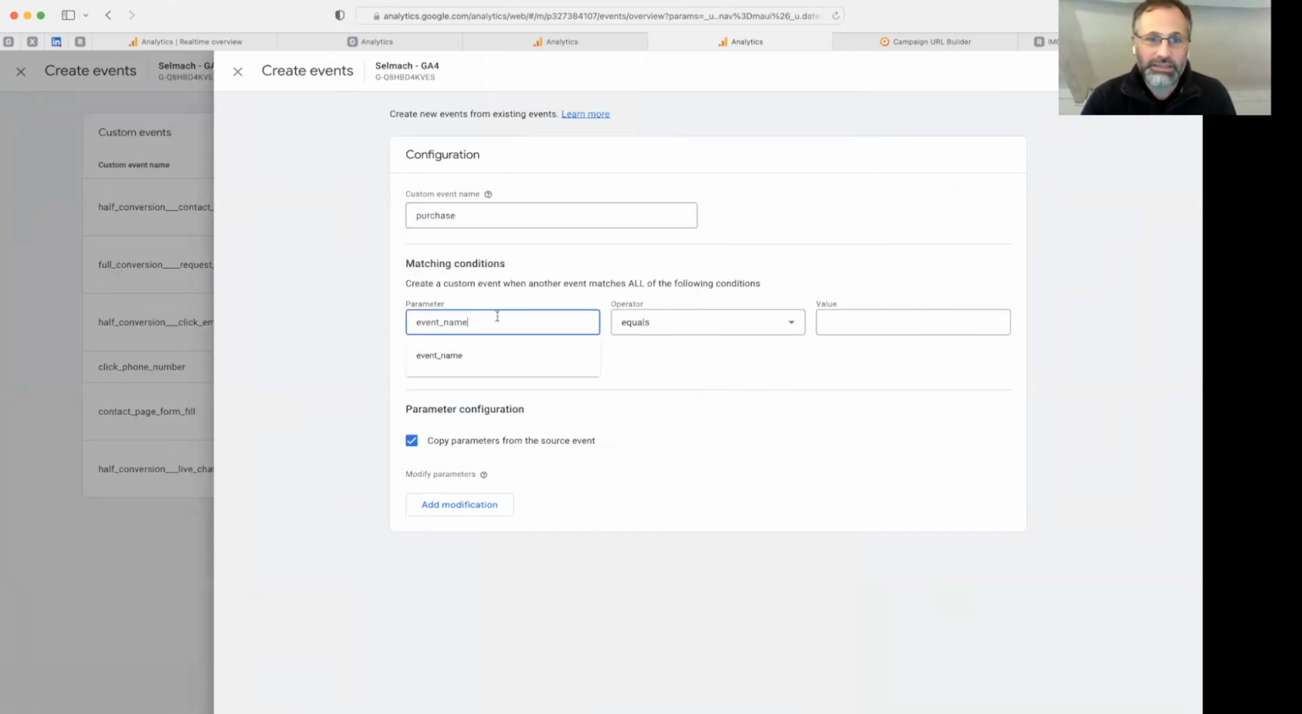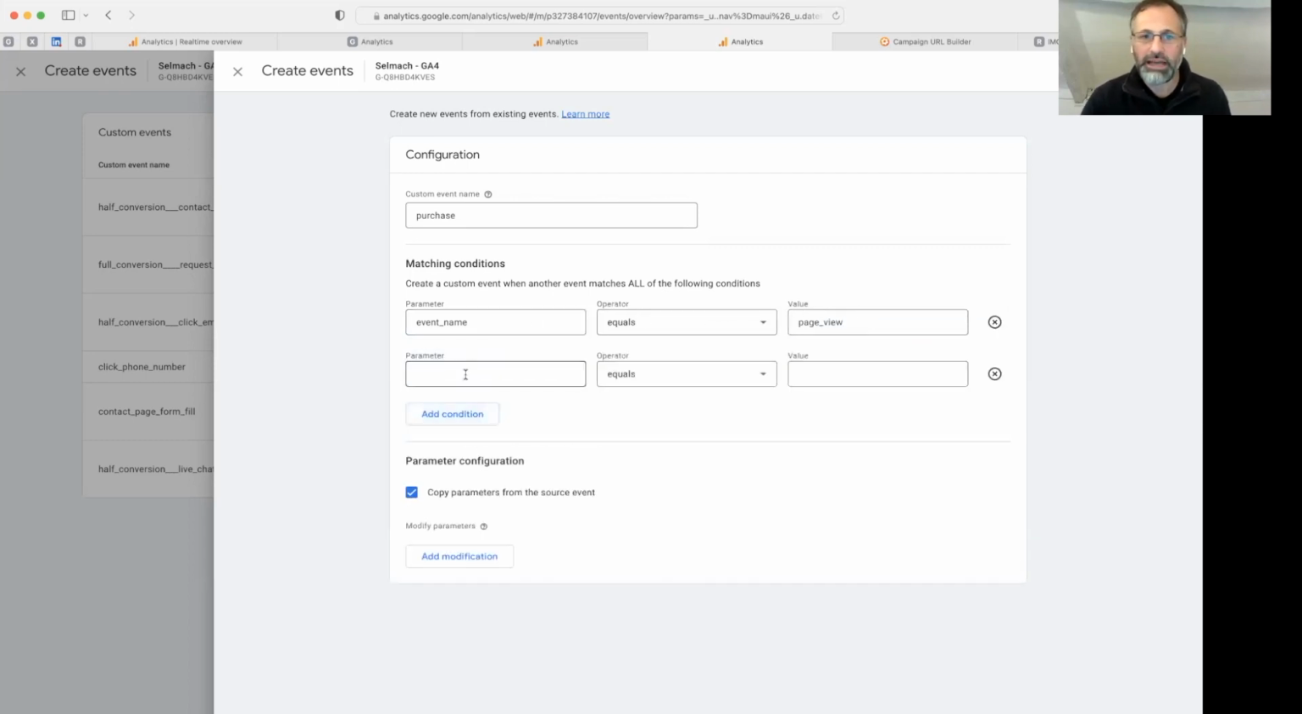Now, the first thing we need to do is track the event name that equals, I think it's page view. Just check, yeah, it's page view. So first of all, we want to make sure the condition is only when it's a page view. So we're looking for the event name page view. And we want to add another condition, and that is where page location